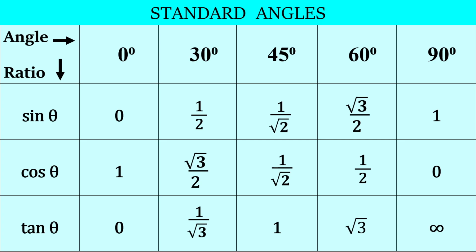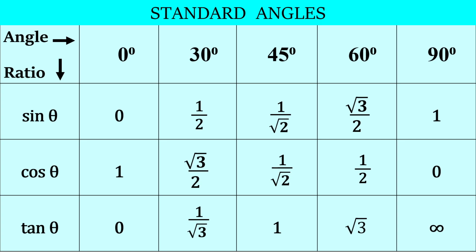So here we come to a new conclusion, that with the increasing value of the standard angles, the value of sine and tan keeps on increasing, and with the increasing value of the standard angles, the value of cos is continuously decreasing. And one more thing children, in this table we have not talked about cosec theta, sec theta and cot theta. Why have we not talked about them? Because if I know the value of sine theta, cos theta and tan theta, I know the value of cosec, sec and cot. Why? Because they are reciprocal to each other.